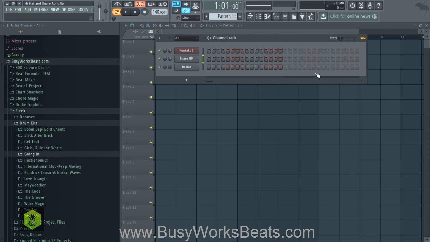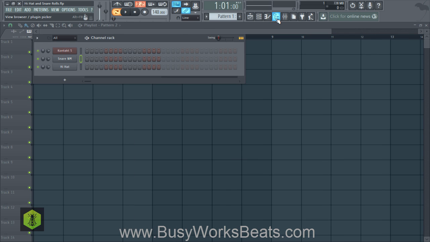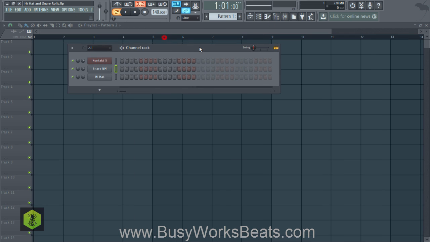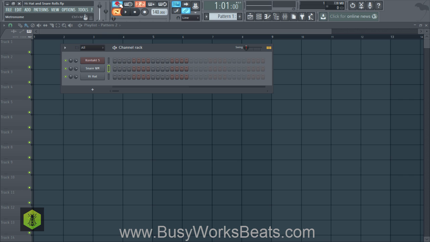Again, you can work with those longer snares for your EDM songs or for your electronic songs, to use noise to fill in that gap of the build. So you can do that as well. So it's kind of like a two-sided coin. Anyway, we're going to turn the metronome on. We're at 140 BPM, just the starting BPM. Now, first I want to show you what a snare roll sounds like from a drum kit. And then we're going to get into what the snare roll that we're going to create is going to sound like. Okay, it's very different.